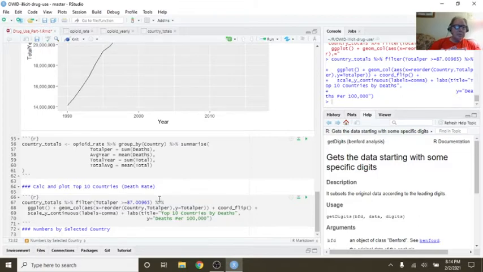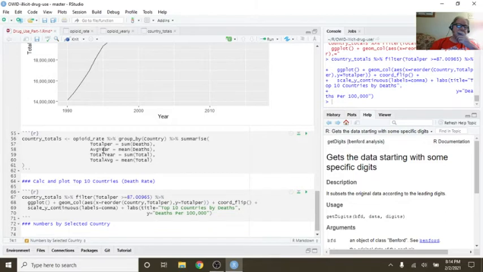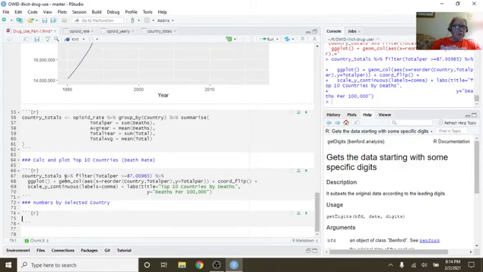Okay, what we want to do is, let's see, let's come back up here to opiate rate.